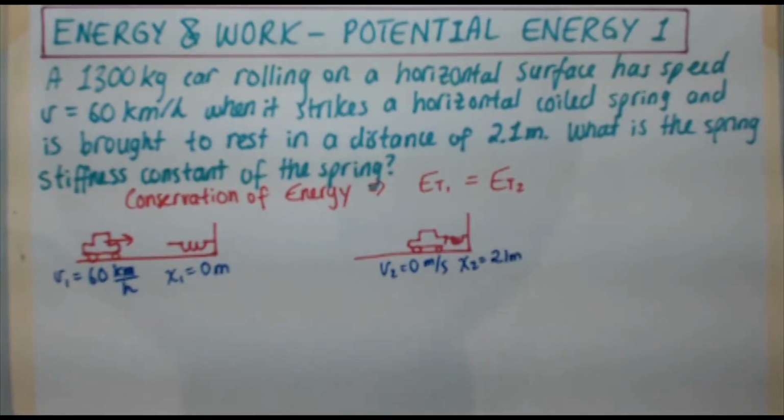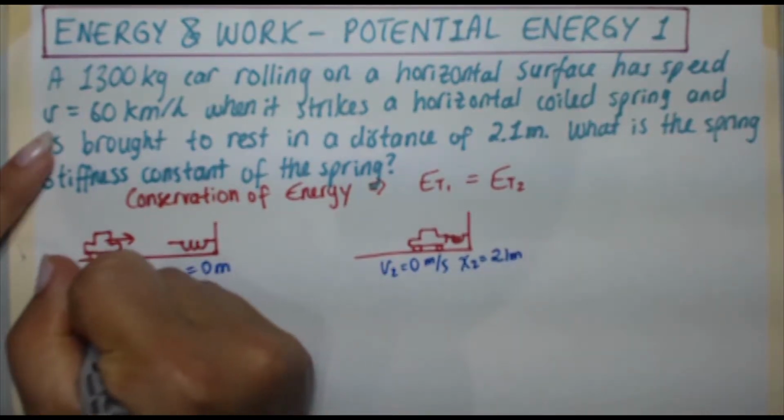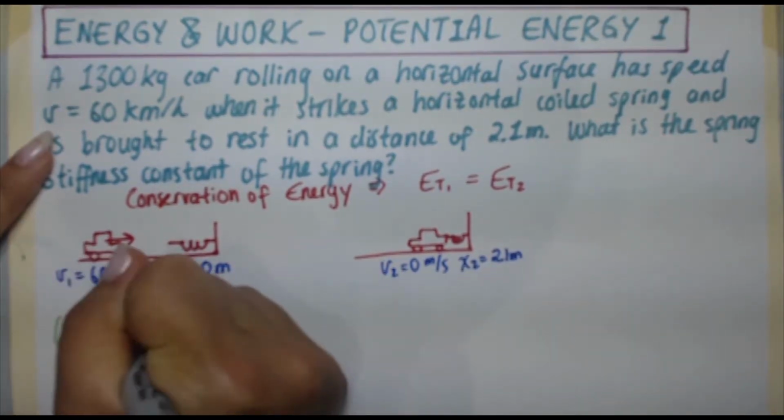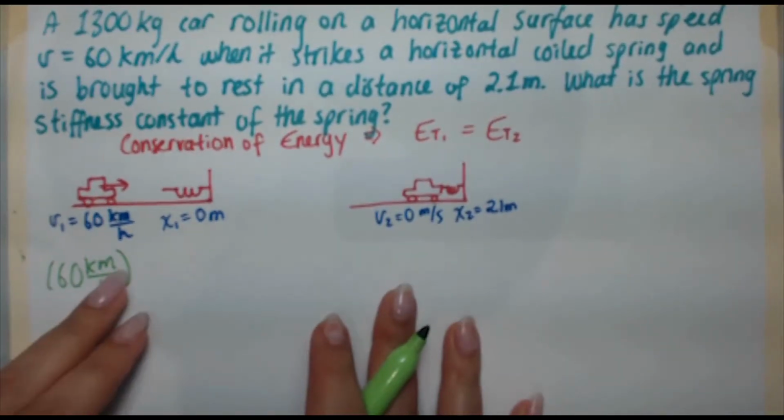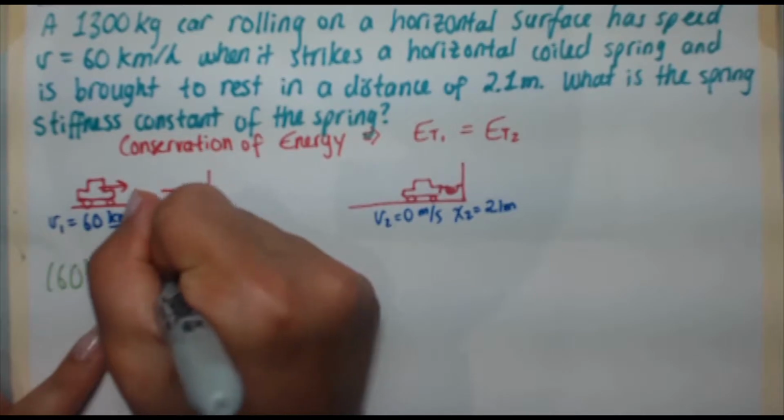Now, the first thing I realized when I see this problem is I'm given a speed in kilometers per hour, and we know that you want to always deal with SI units. So let's convert this to meters per second. We get 60 kilometers per hour. Converting it requires 2 steps because we have kilometers and hours. We need meters and seconds. So we multiply it by 1 twice,